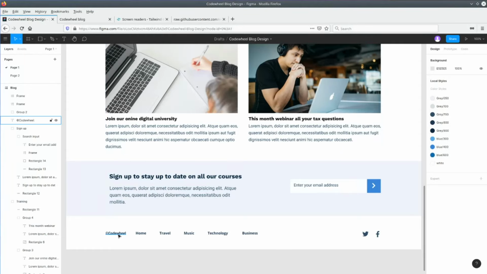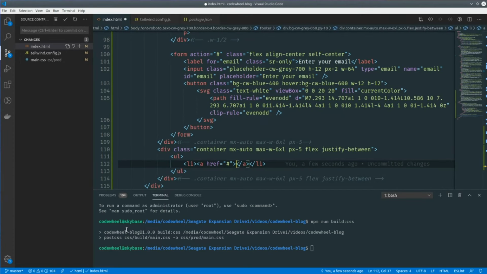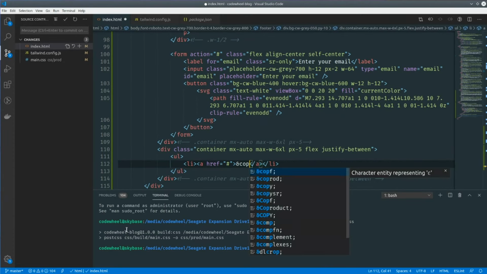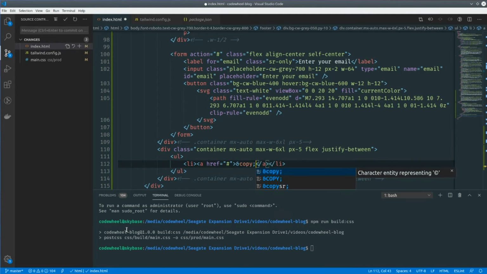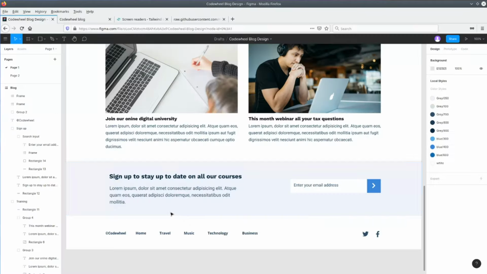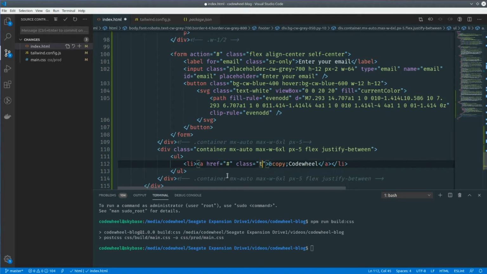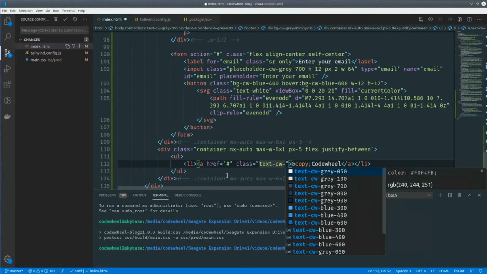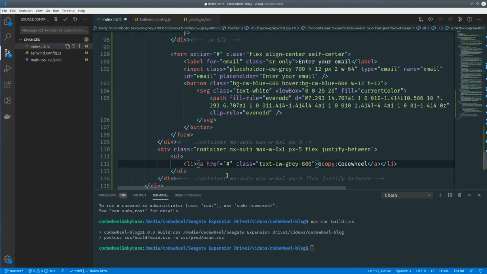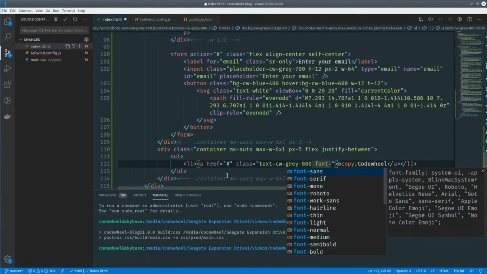So the first one is a copyright symbol, and it's going to go to the privacy page, so that's code wheel. So ampersand copy for the copyright, and we do code wheel. Okay, the text is grey 800, so class text CW grey 800. Excellent. Font bold,